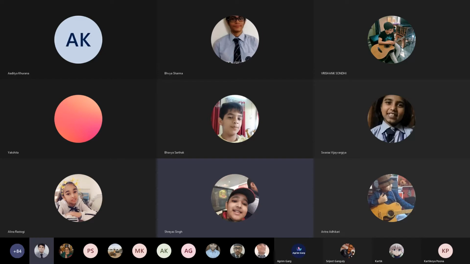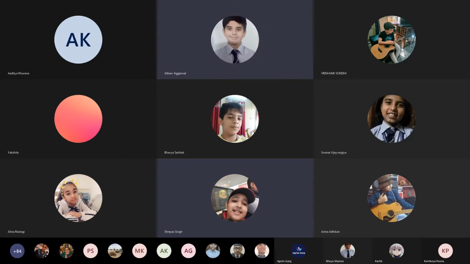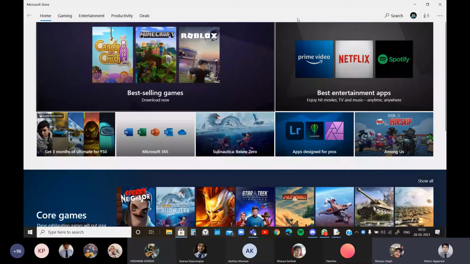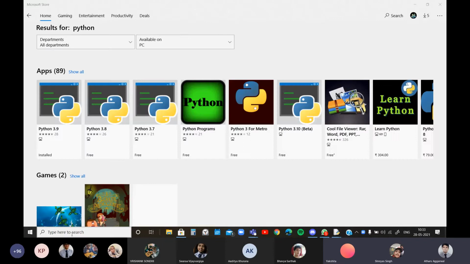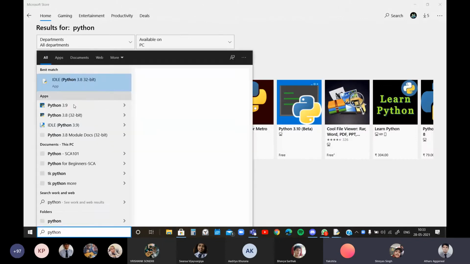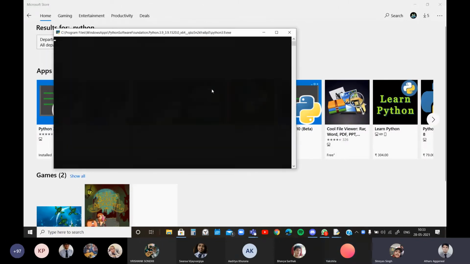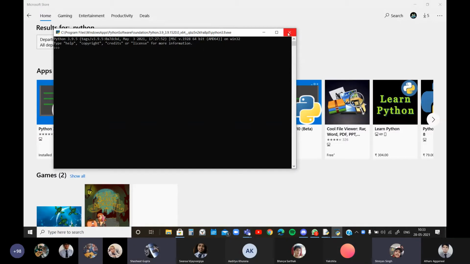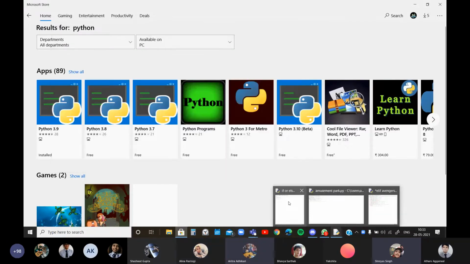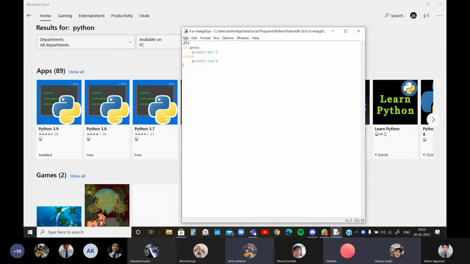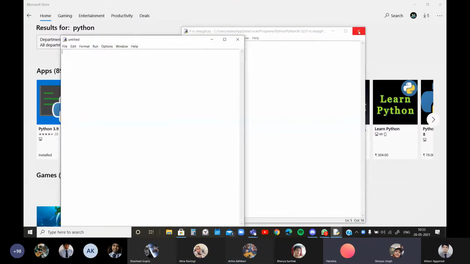Now what do I have to do next? Is my screen visible? Yes. So just go to the Microsoft Store. Just type Python. We have installed it. Bhaiya, we are not able to download both the apps. When I'm going to Microsoft Store, it is asking for my email ID. Bhaiya, after downloading Python 3.9, what do we have to do? Are both the apps important to install or is one okay? One is okay.